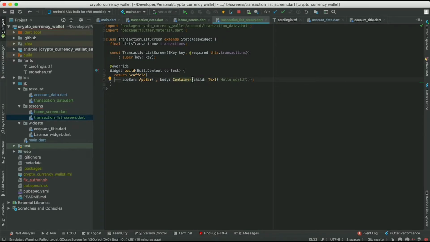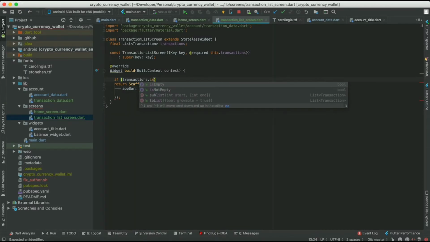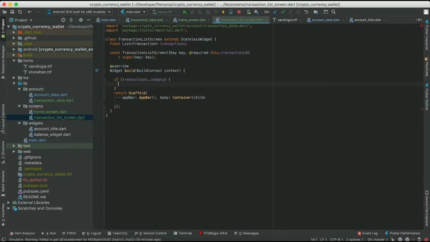So what we'll do is we'll keep the container and we'll say if the transactions is empty, then our widget, I'm going to use the similar syntax as before, our widget is